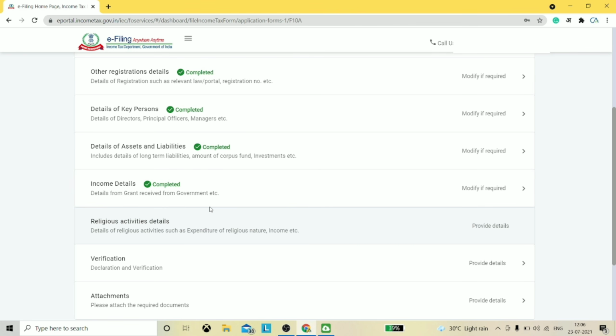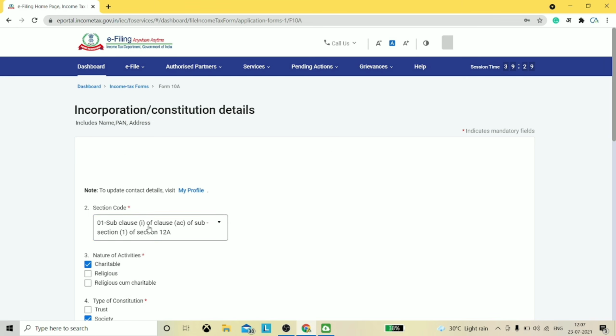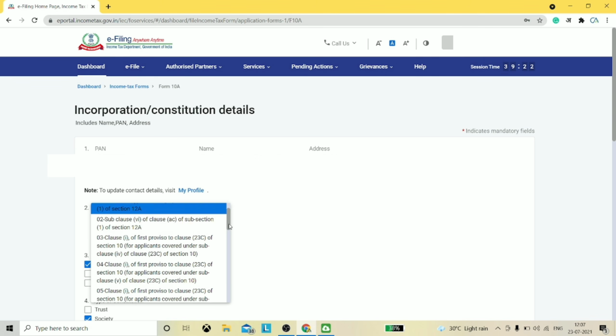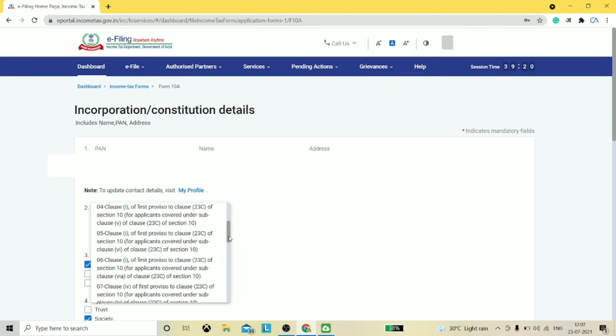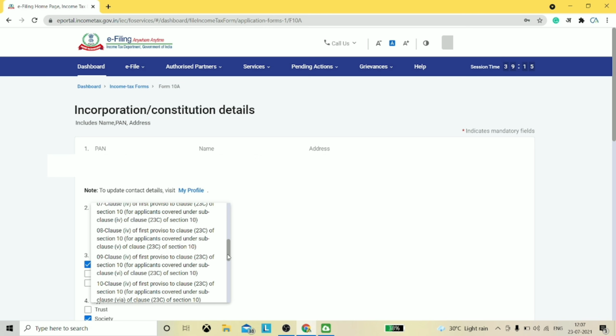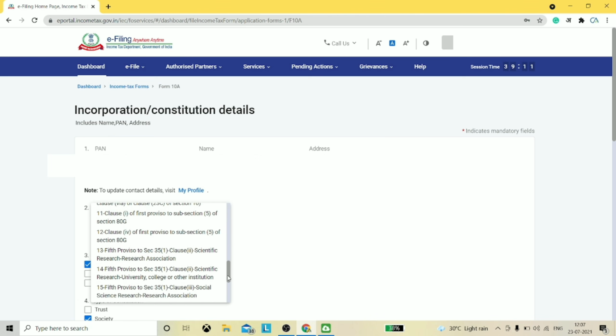Accordingly, while filling up form 10A, you can see that this section is completely inactive now because we have selected the code for renewal. Suppose you select here the code for new registration of section 80G, because this section becomes active only in case of new organizations applying for fresh registration under section 80G.